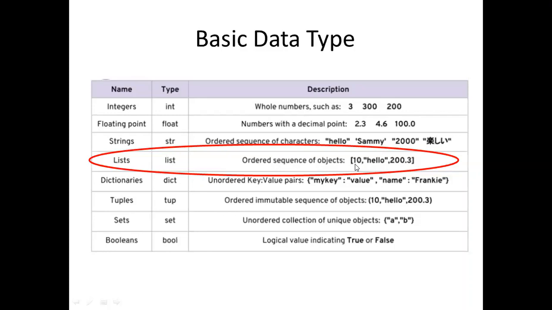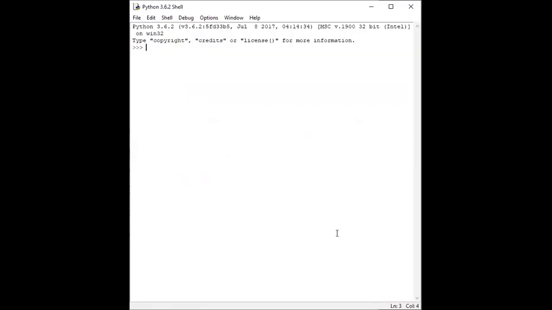So let's see how we can work on the list. Okay, this is the Python shell window, and here we can write the code and different instructions for the list.